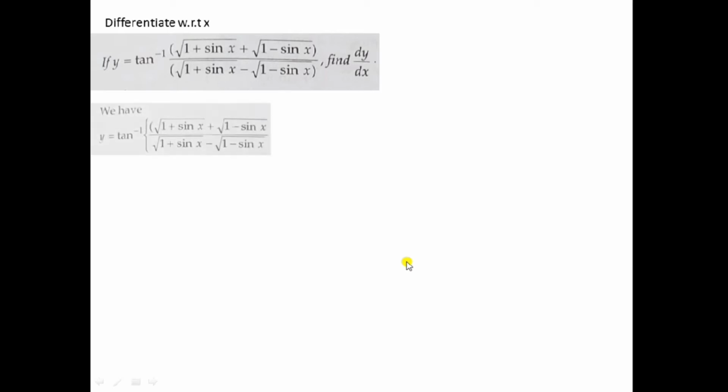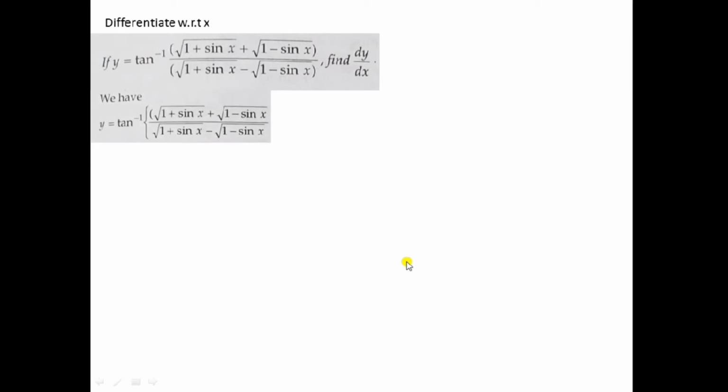Let's proceed. We have copied the sum, and first, in class 10 we have learned that whenever there is this kind of sum, we do componendo and dividendo. That is, we take the opposite sign of the denominator and multiply numerator and denominator with that opposite sign. So here in the sum also we will do the similar thing. As you can see, we have done this one. In the denominator it has been minus, so the opposite sign is plus.